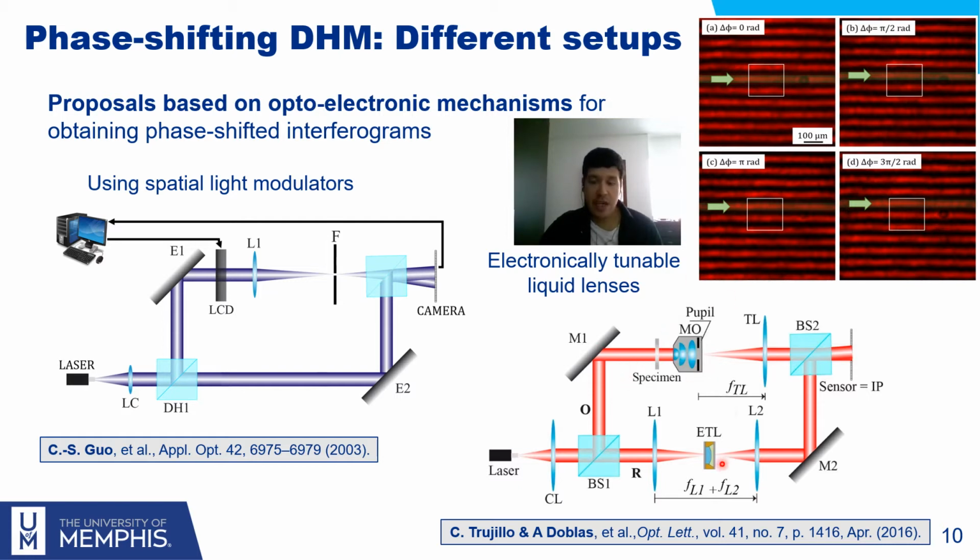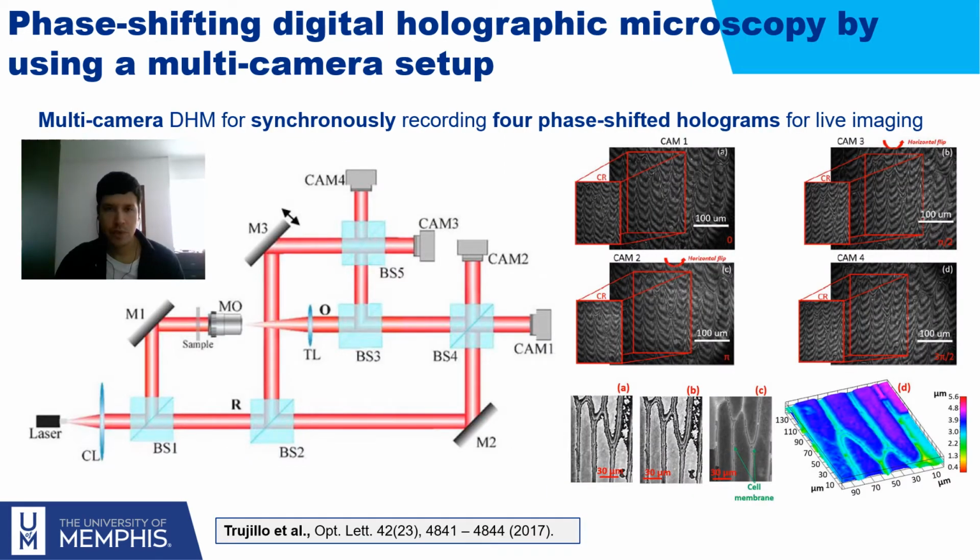For instance, you can use electronically tunable lenses like this one over here. So you can control the exact value of the focus of the ETL lens, and that way you can control the change in the optical path of the reference wave. And as previously done by the mechanical methods, you can control in this way the phase shift that is finally produced in each one of the DHM holograms. Other methods to record DHM holograms use simultaneous or synchronous